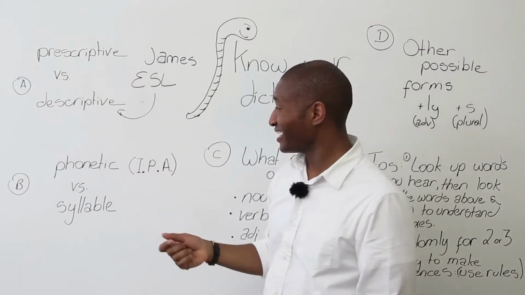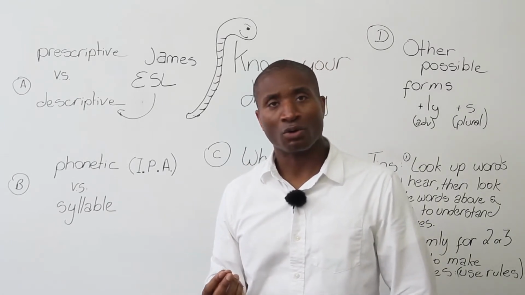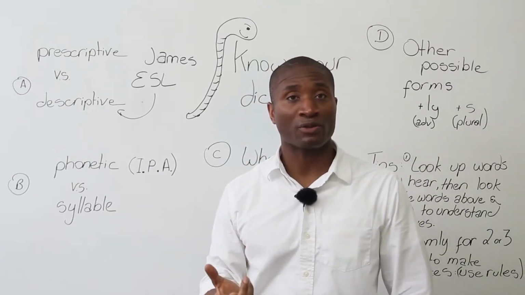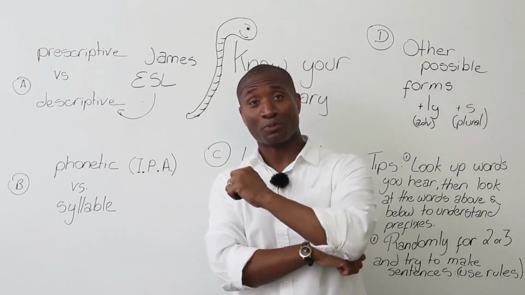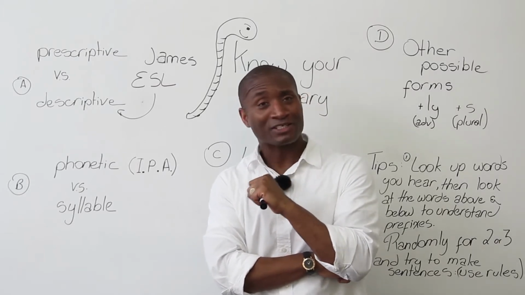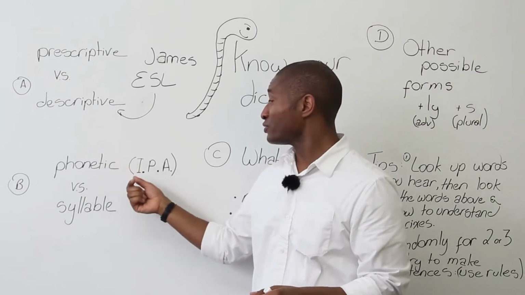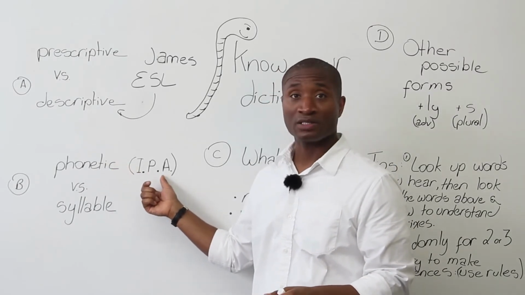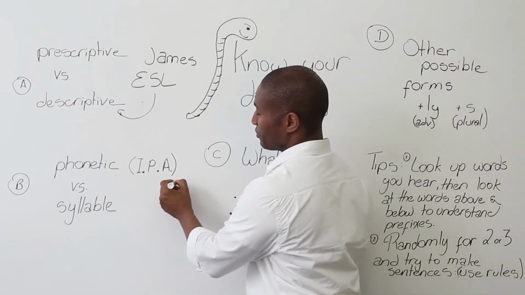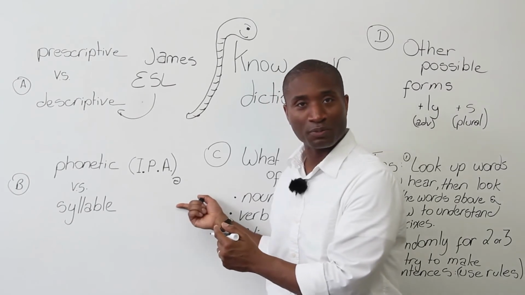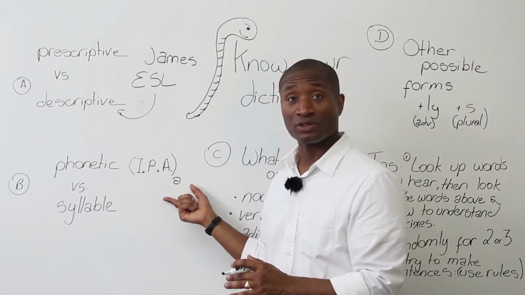Know your dictionary. Next, does your dictionary use phonetics or does it use syllables to tell you how the words sound? Well, I investigated because I'm like a reporter, like Clark Kent, Superman, and I discovered that not every dictionary is the same. Some use phonetics, and they use the International Phonetic Alphabet. Some of you have studied it in school, right? Where you have those funny little things, like the upside down E. I can't even do it. It means something to you people, okay? But in the international language, you'll use these symbols to show